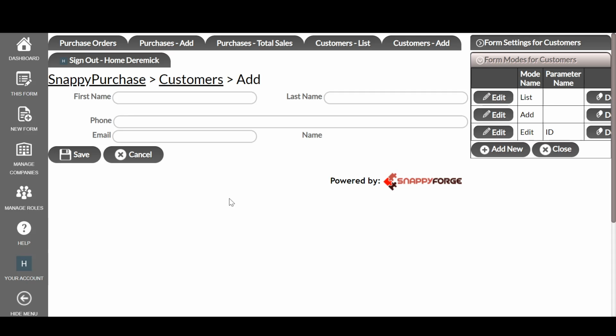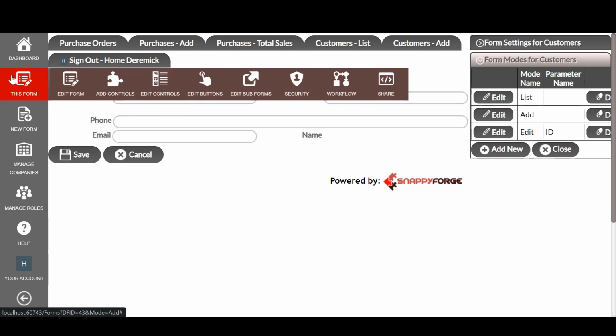Okay, so now we have our form. It's all secure. Everything's all set up on it. The last thing I think we want to do is notify ourselves when a new user is added. So, this is called Basic Workflow. Under this form, go to the Workflow button,